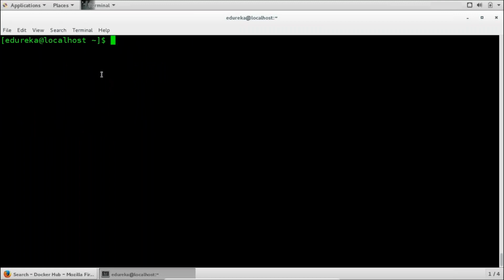Now, if I want to run a container, all I have to type here is docker run -it ubuntu, or you can type the image ID as well. So I am in the Ubuntu container. I've told you how you can see the various Docker images, how you can pull an image from Docker Hub, and how you can actually go ahead and run a container.